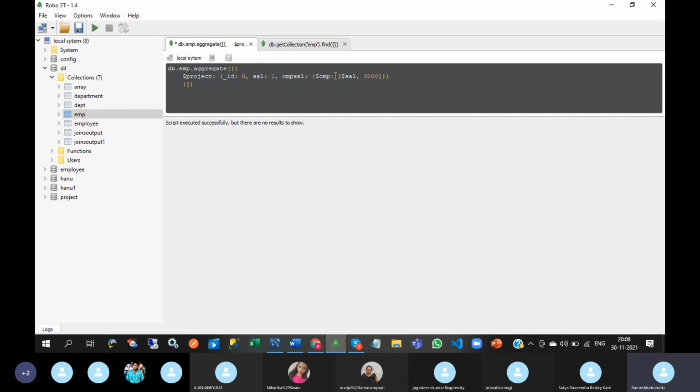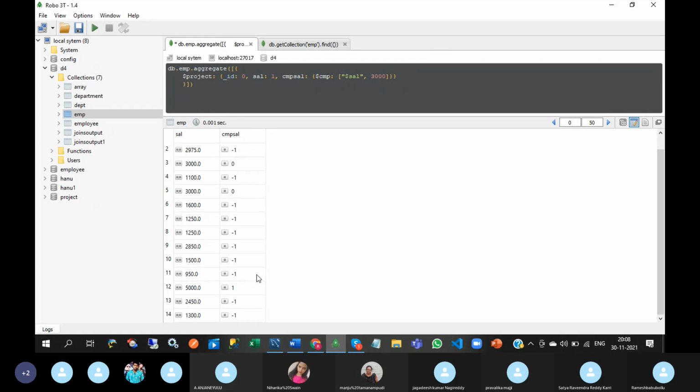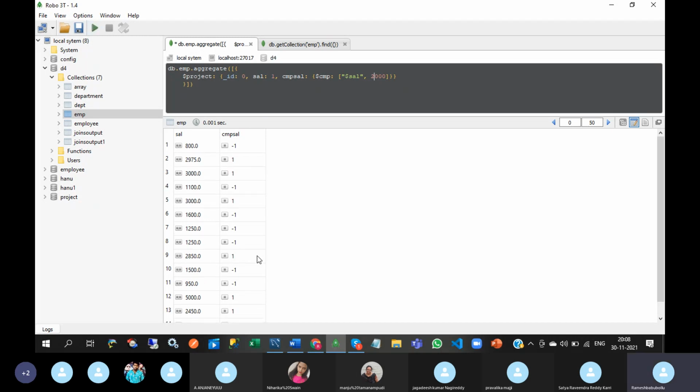Salary is not defined. Okay, we need to put it in quotations. See this. If the specified value is less than this salary field value, then it will return 1.